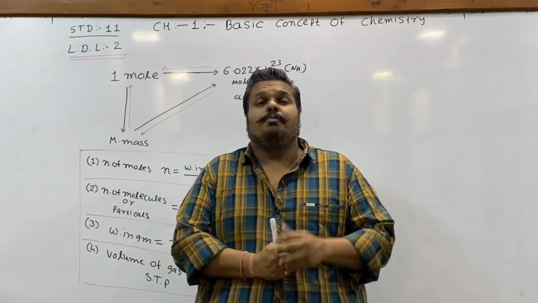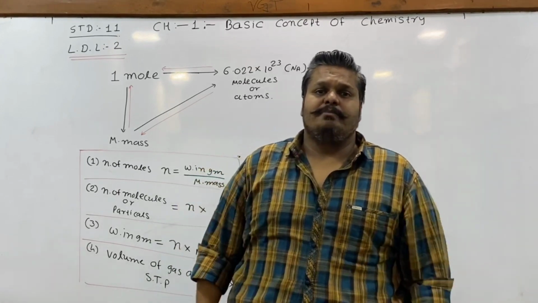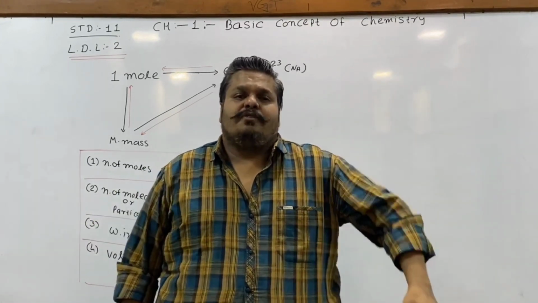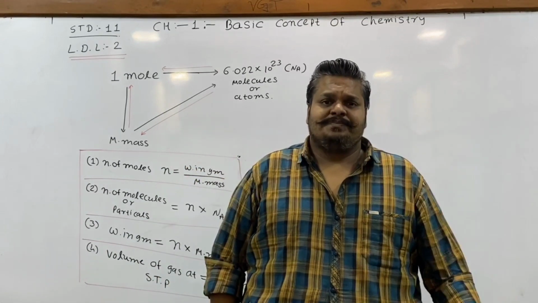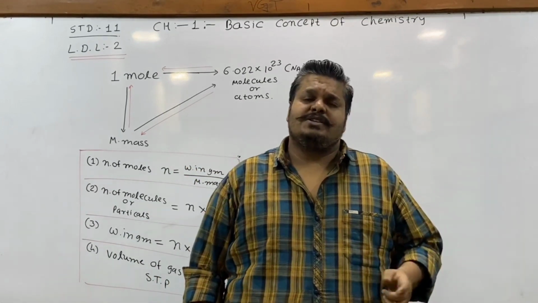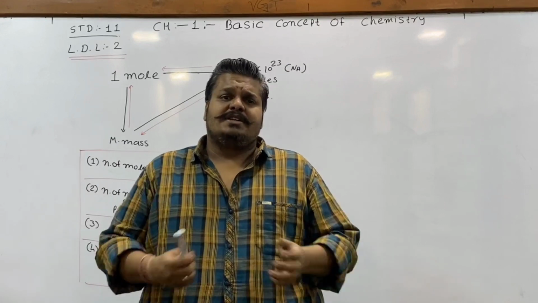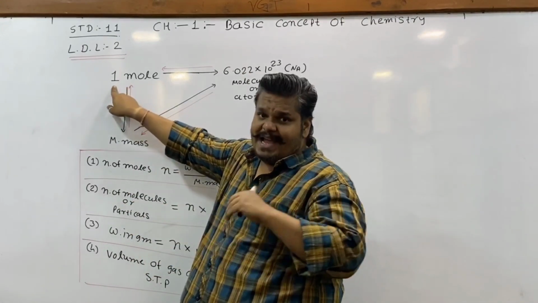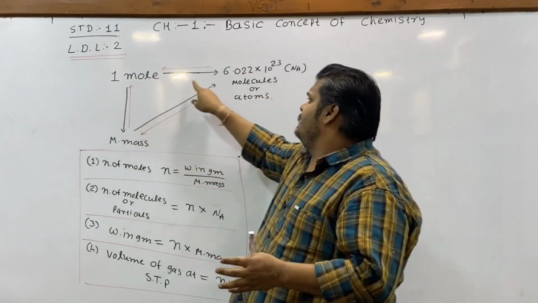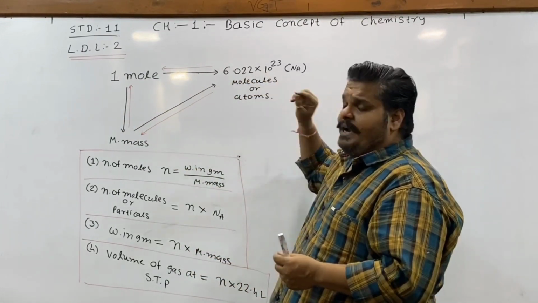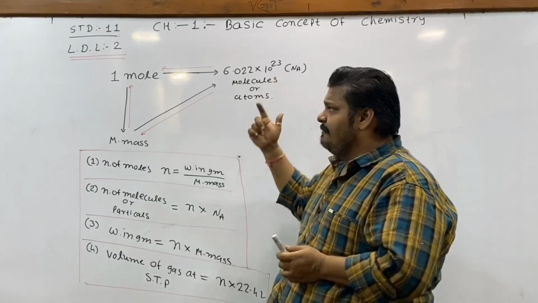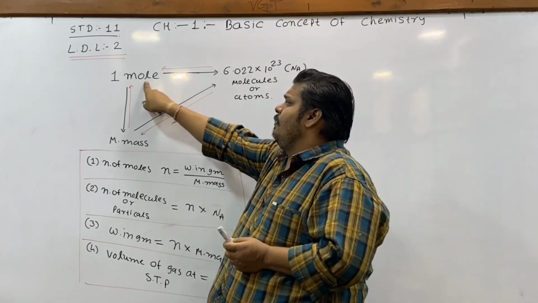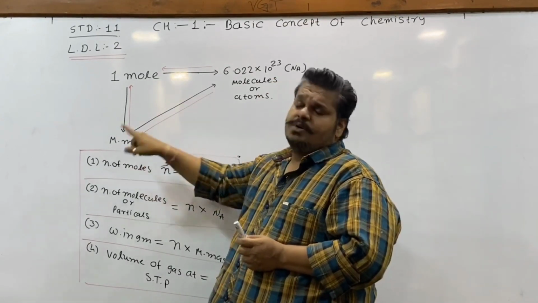Last lecture we have discussed mole concept. We have converted mole or relation of a mole to molar mass we have established, and molar mass to number of molecules. It's called a triangular relation जो हमने last lecture discuss किया था, that 1 mole of any substance has 6.02 into 10 to 23 molecules or atoms in it, and 1 mole of a substance is always equal to molar mass.